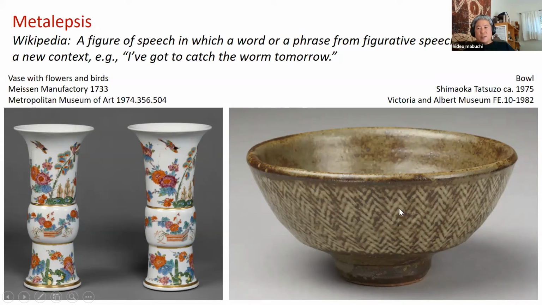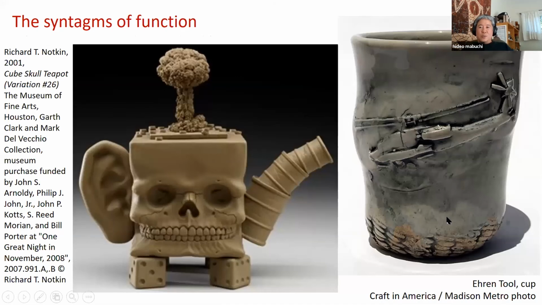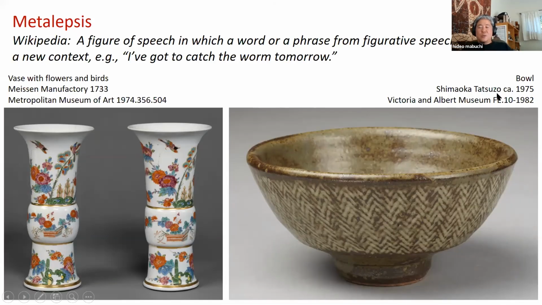So in the end, you have a kind of color contrast that's that herringbone pattern rather than actual herringbone indentations. But that technique of the white slip inlay, this is something that we much more strongly associate with classical Korean pottery. And so this particular fellow, Shimaoka Tatsuzo, he was a very well-known Japanese potter who popularized this